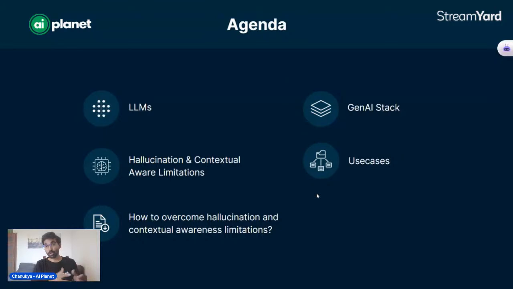We are not just going to talk about the limitations. We are also going to talk about how we can overcome these challenges with hallucinations and also contextual awareness, right? And then we'll briefly talk about GenAI stack, and also we'll cover some of the interesting use cases like document